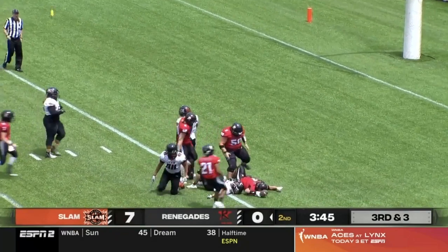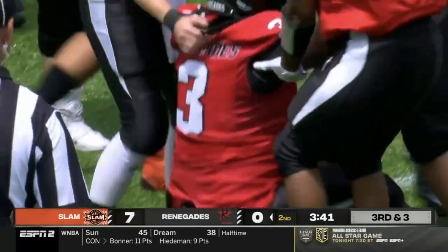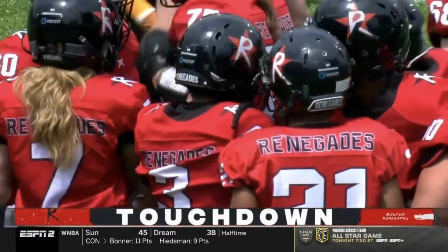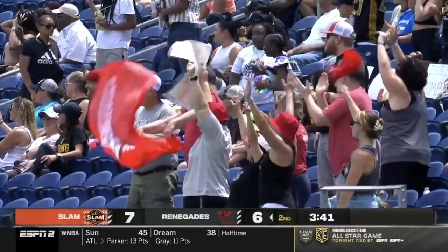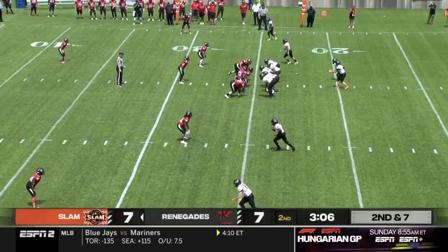We're looking for the call. They are going to give it a touchdown. Stephanie Pasquale pulled down by the horse collar, but not before she reaches across the goal line. And just like that, Boston has points on the board. Pasquale, one of those powerful...